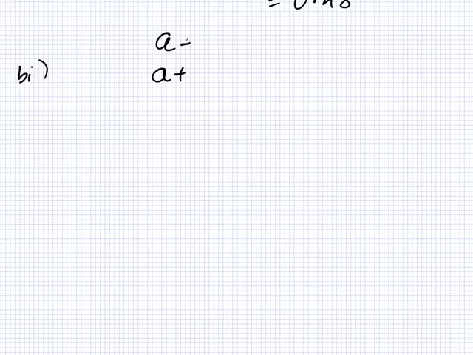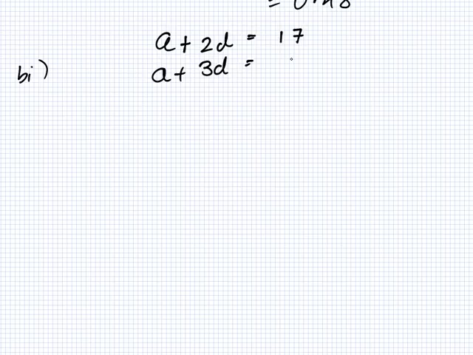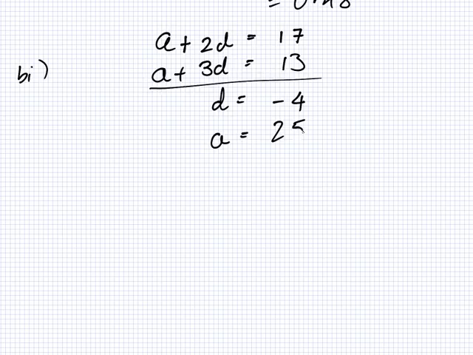A plus 2D and A plus 3D. A plus 2D is 17 and A plus 3D is 13. Okay, well, that's even easier, because then I get D equals minus 4 and then A equals 25. Now on to the second part. The 48th term, A plus 47D,